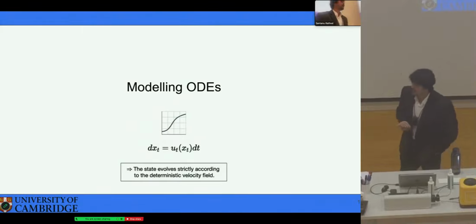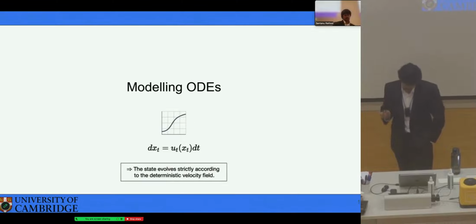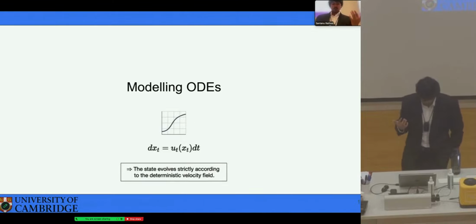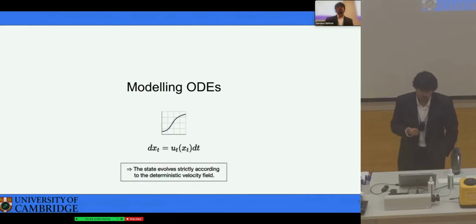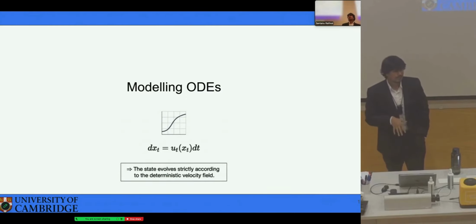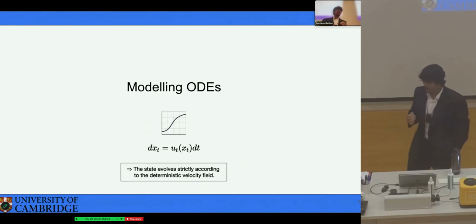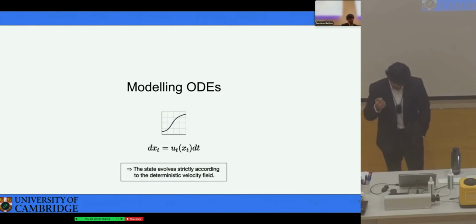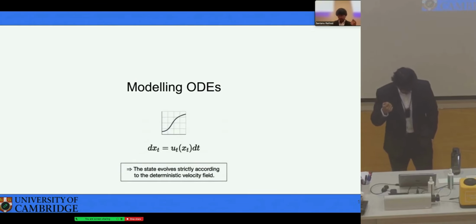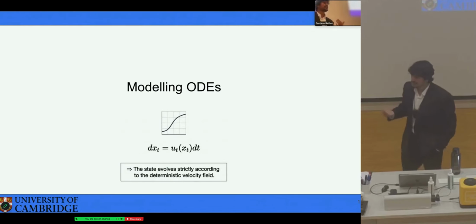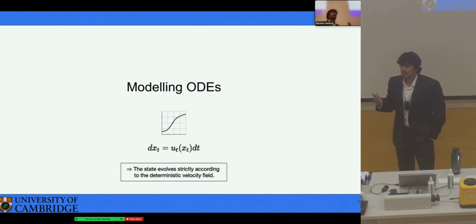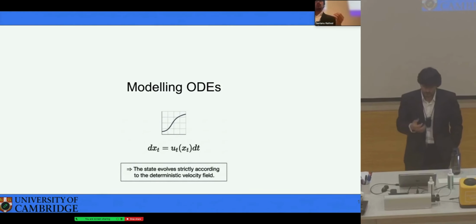Now the question that you might ask is, isn't flow matching like a generative modeling algorithm? Why are you using it to design or characterize or use it for dynamical systems in general? That's a good question. The answer is that, in essence, flow matching is basically a highly scalable and simulation-free way of training continuous normalizing flows, which in essence is all about learning the velocity field of an ODE